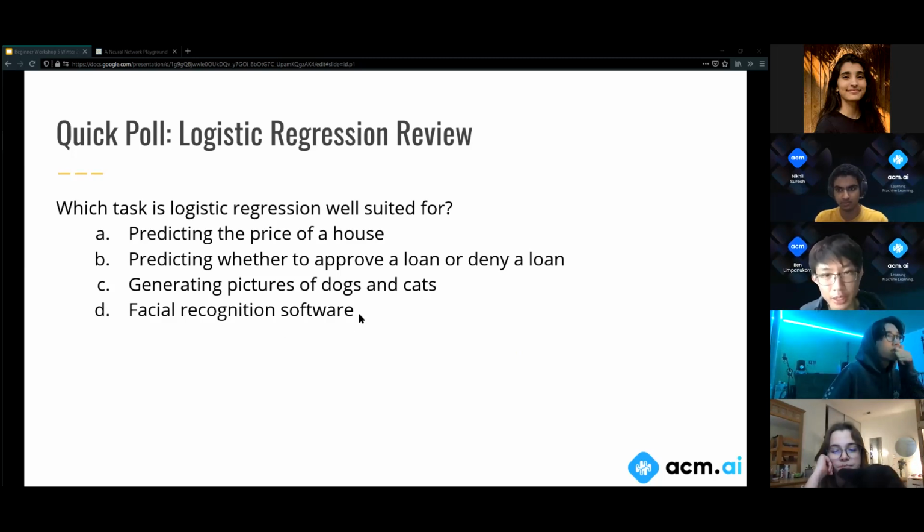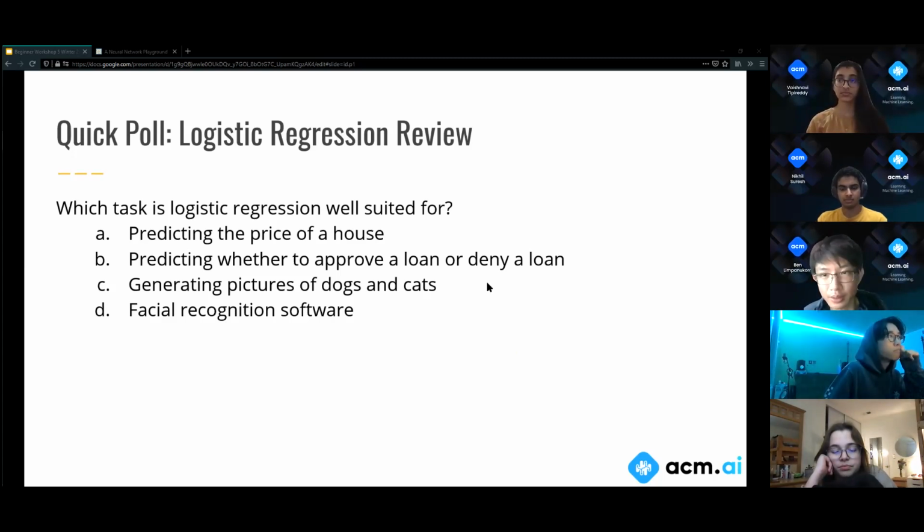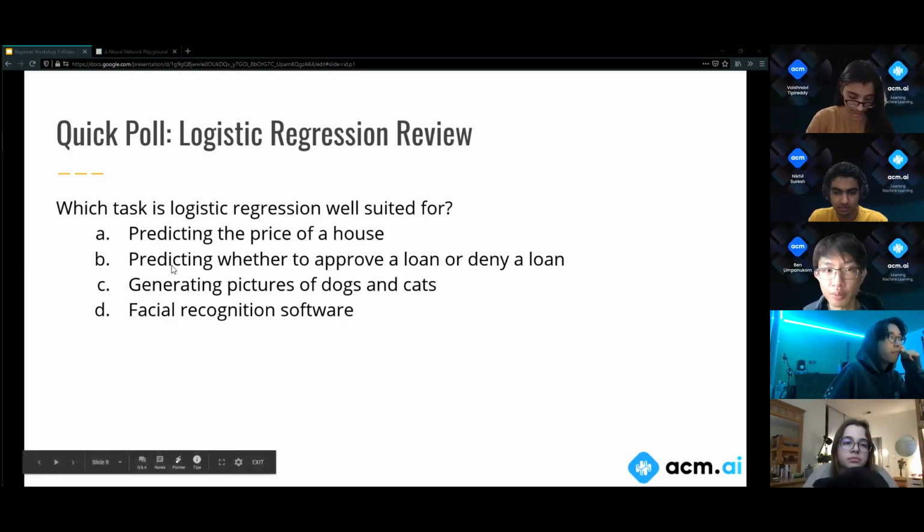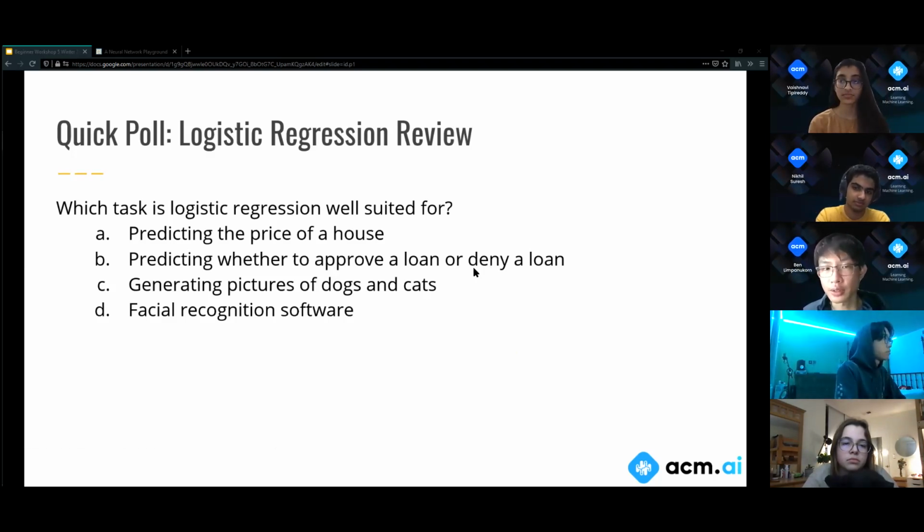Someone else says B or D. Okay. Anyone have any ideas why, or any logic for these choices? Why would logistic regression work well for B? Let's just look at that one first. Is it classification between two options? That's exactly right. In B, we have two different options: predicting whether to approve a loan or deny a loan. So it's binary classification. Facial recognition software is also a good choice, but it's not exactly right for logistic regression because